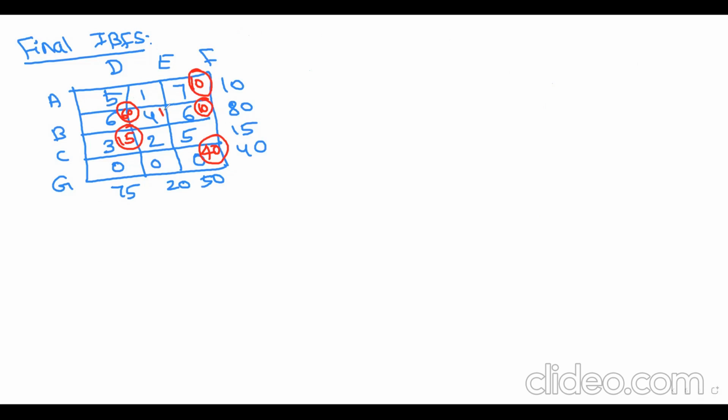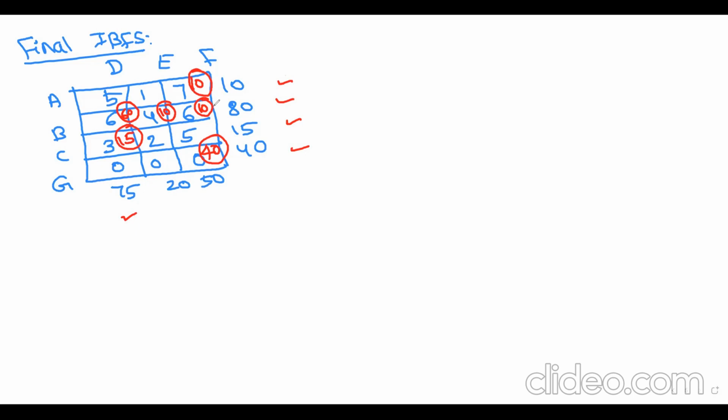If we have any doubt, add the allocations and we'll get the capacity and requirement. 10 is okay. 80 okay. 15 okay. 40. Satisfied row wise. Column wise 75. 10 I got here, 40, 60. Yes, here I got extra. Why did I get extra? 80 okay. 60, 70, 80. 15 I got. Here I got 40. Column wise 75. I gave one value wrong somewhere, I think.